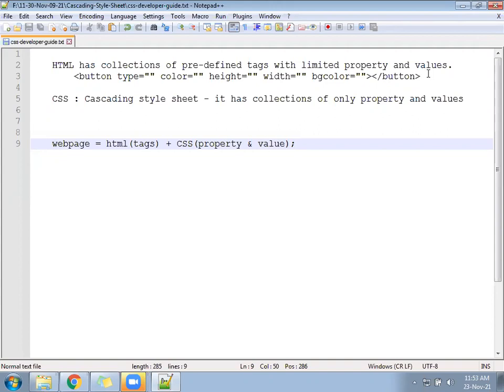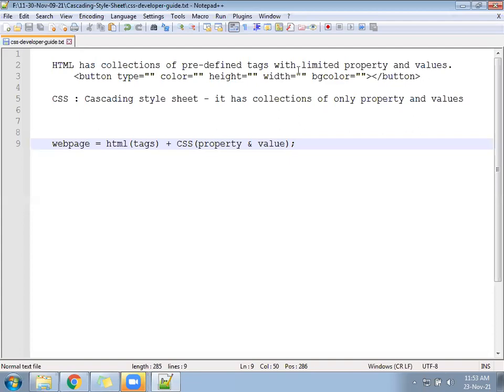The HTML is called the place. If the place is there, then only CSS will apply. Without HTML, there is no place for CSS. CSS has no value without HTML. CSS will not show any output without HTML. CSS will come with HTML only in the browser.